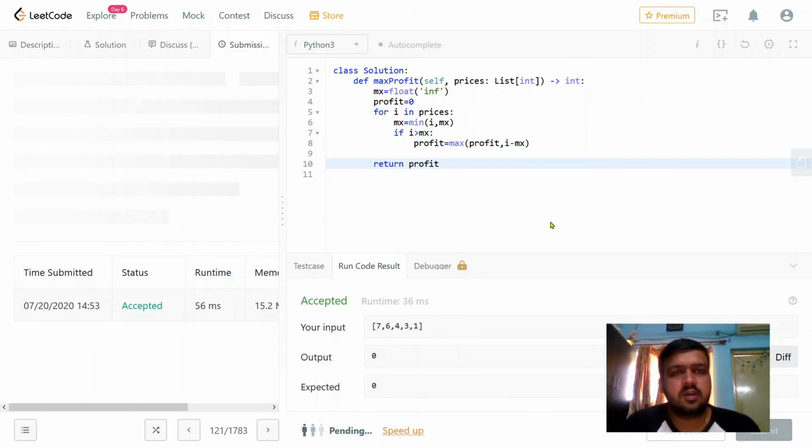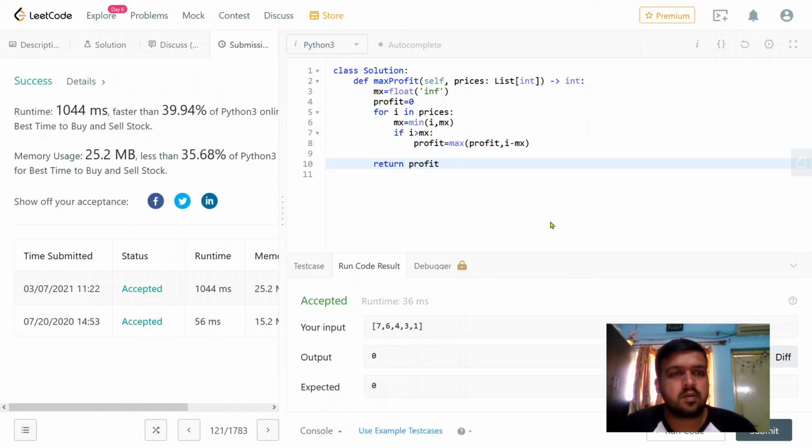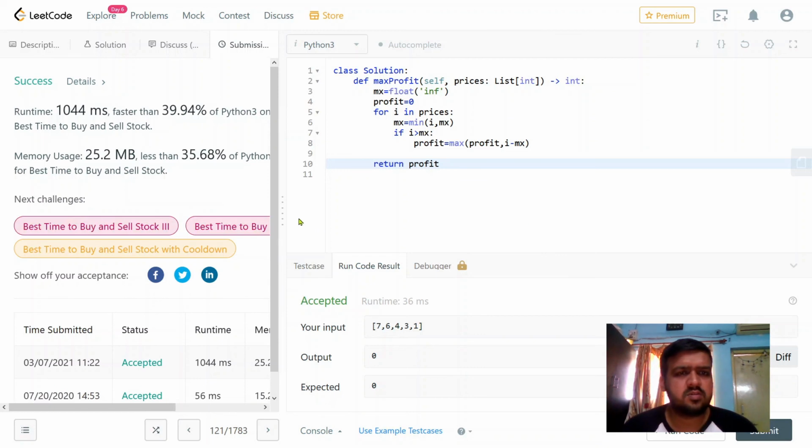Let's submit this particular thing and see if this is worthy or not. So this solution is accepted. It is giving 40%. So the percentage matters at some point of time, but it is accepted. This percentage even varies with the use of your variables and certain lines of code. So don't worry about how fast this code is compared with others. If this code is accepted, then you don't have any issues,